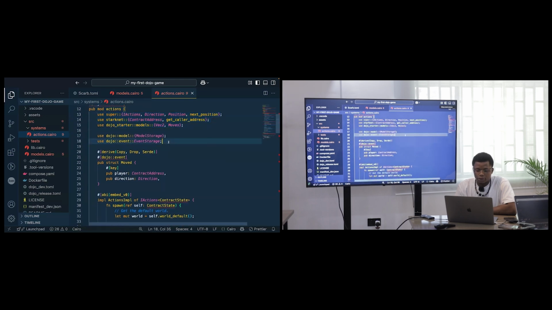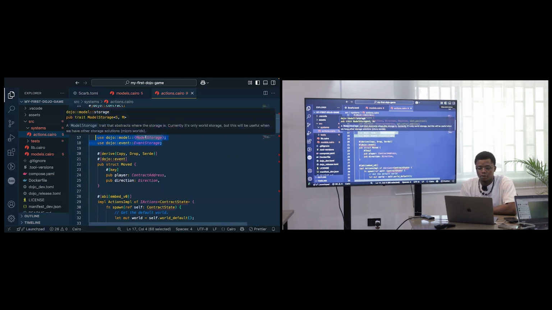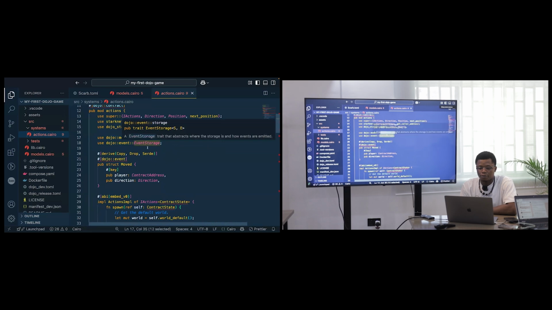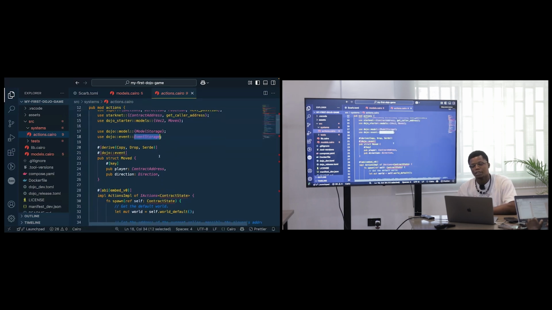Now, I want you to take note of these two guys here. You have model storage and event storage. So why are we importing both model storage and event storage? We're importing model storage because we want to have access to the models that we've defined earlier on. Our models are not here, they are in a different file. We want to have access to those models, and also event storage. We want to be able to create events